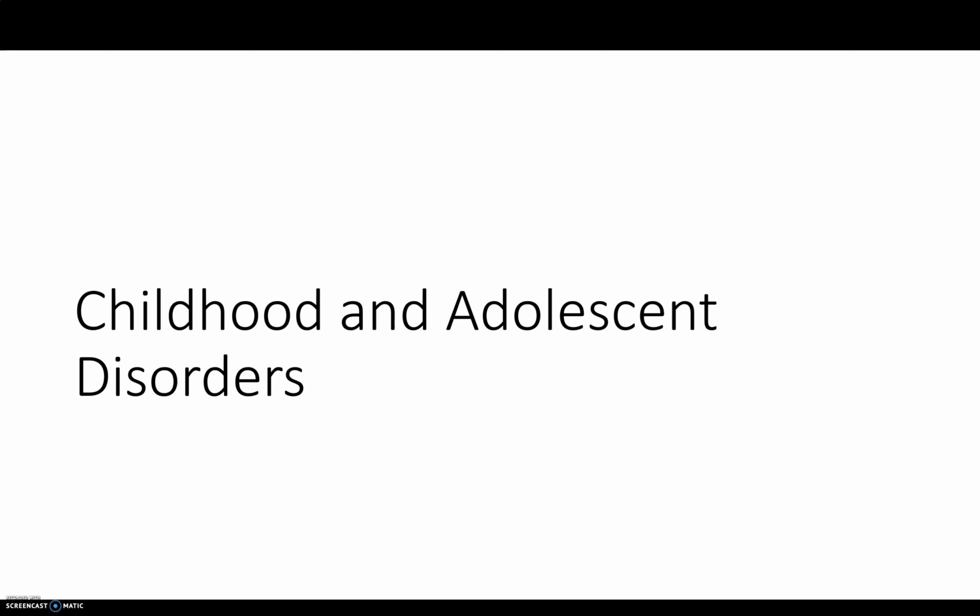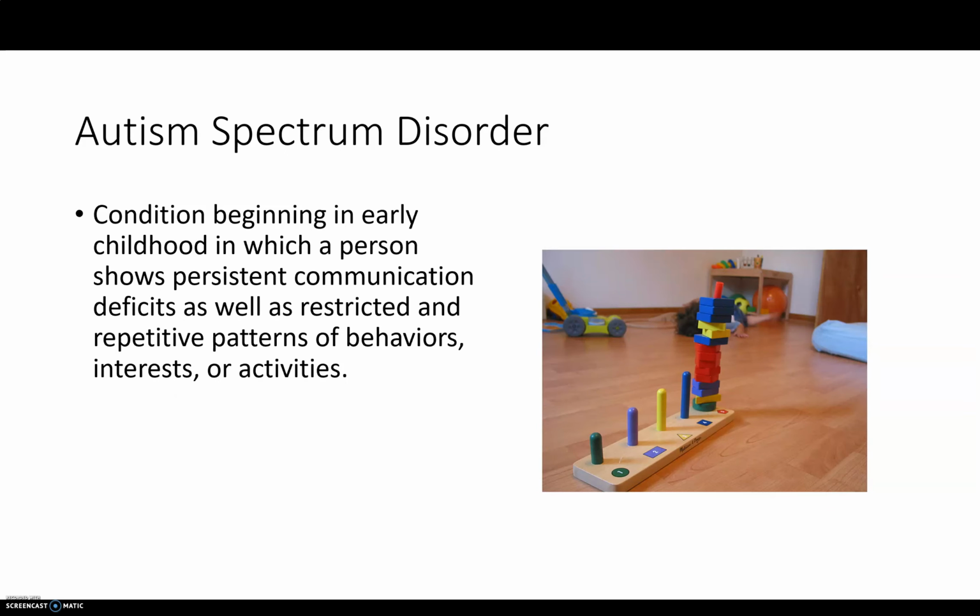Okay, childhood and adolescent disorders. We'll start with ASD, or autism spectrum disorder. Communication deficits, like learning to talk later than normal. Restricted and repetitive patterns of behaviors, interests, or activities. Things like just rocking back and forth, stacking things on top of each other, organizing things very rigidly. Children with ASD may appear to be kind of just in their own world, zoned in on some particular repetitive activity. They also will often have interests that they just really